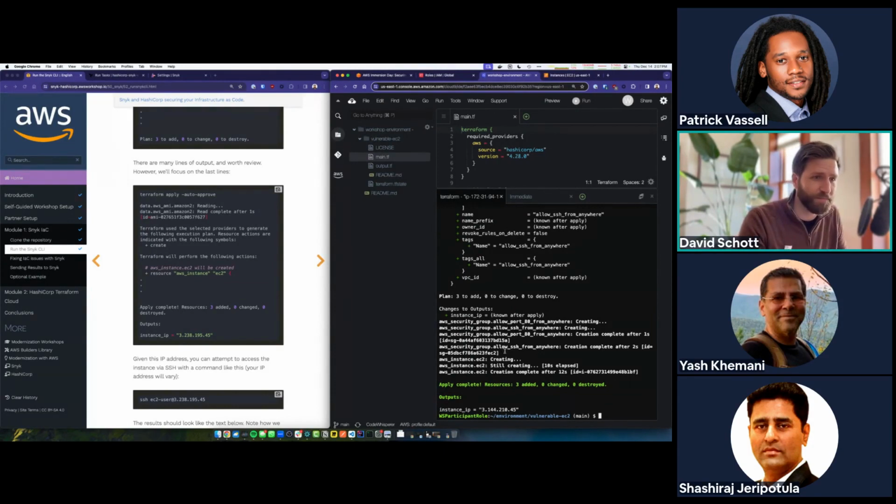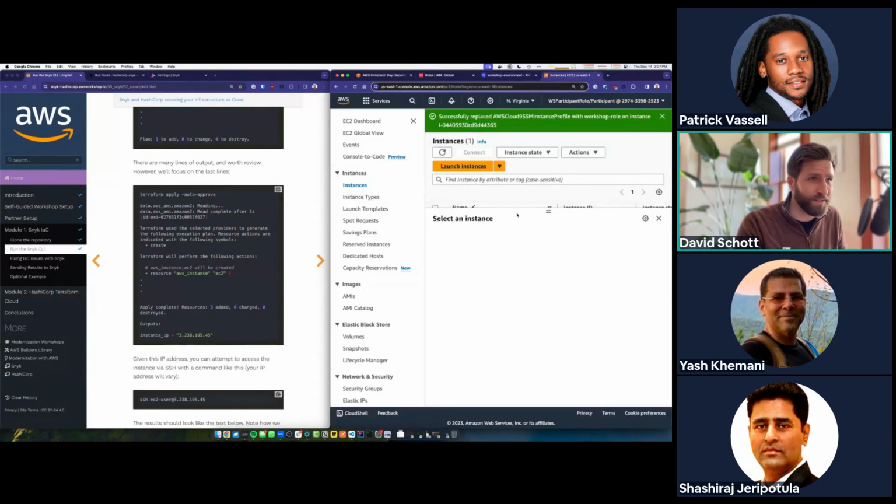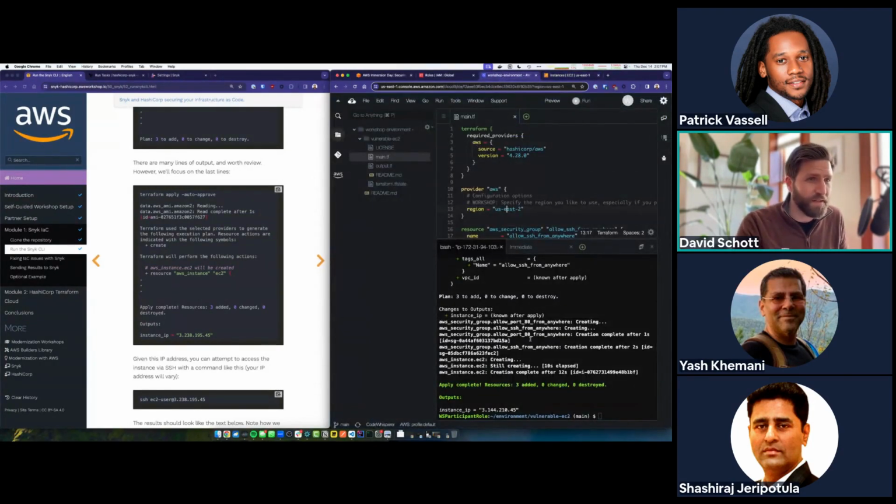Wow, that was fast. All right, so if you remember that architecture diagram, we should have an EC2 instance out there. So let's go ahead and verify that. And I just remembered I might have made a mistake. Sorry about that. So I have a feeling that if I go to EC2 instances, I'm not going to see anything there. Let's confirm. So refresh. Yep, I don't see anything. Sorry about that, folks. I made a mistake.